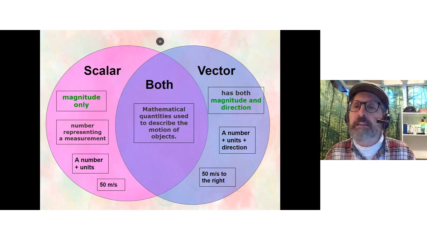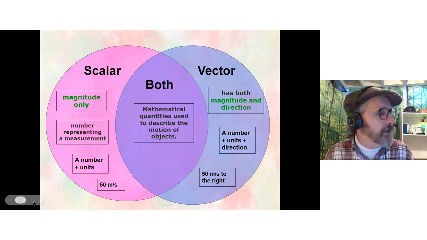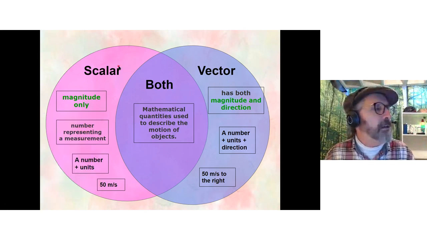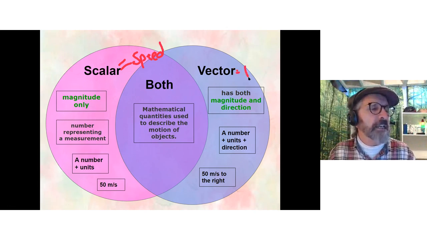And I always think of it like this: scalar, I can always know that scalar is speed, because speed does not have a direction, where v for vector is the same as velocity,